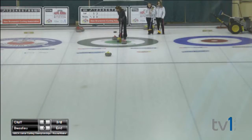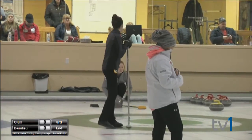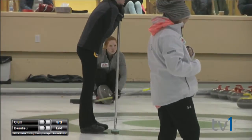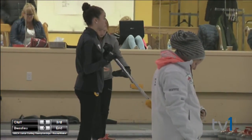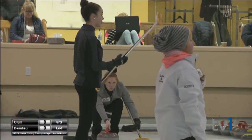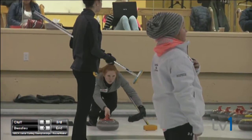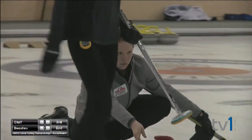Exactly. It's hard to lie 4 here because if she's playing takeout just on the yellow, her shooter will probably roll out. But I think she's playing the run back on the top red one to run it back into the yellow and sit a couple of points. Up 8-0 here, she's just trying to eliminate opposition stones. So, final stone